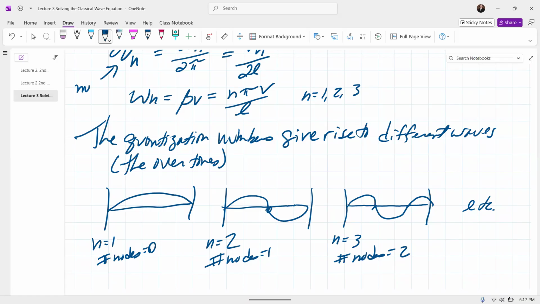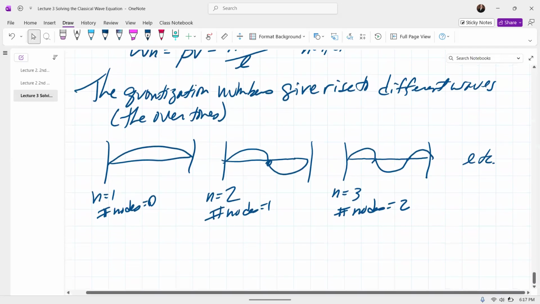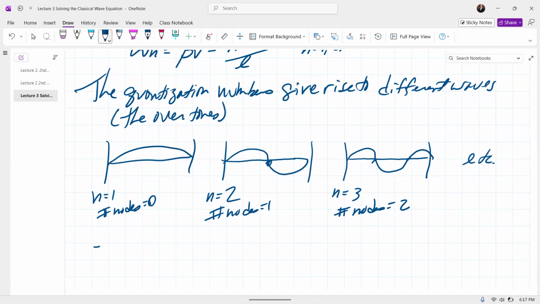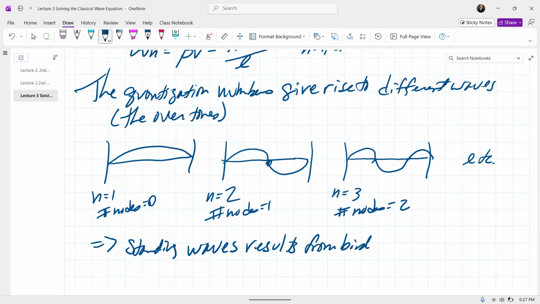Standing waves then are going to result from binding the ends of the string. And this, my friends, is precisely what gives you the quantization in a classical equation. Do you remember we talked about quantization and we wondered where that came from? In quantum mechanics, binding the ends gives you that. Standing waves result from binding the ends